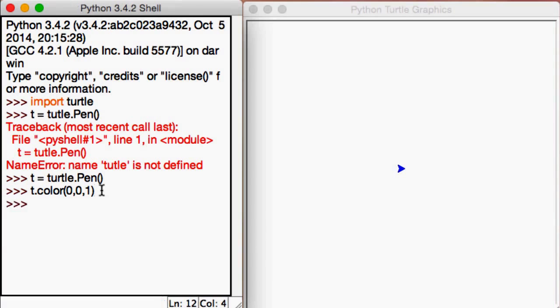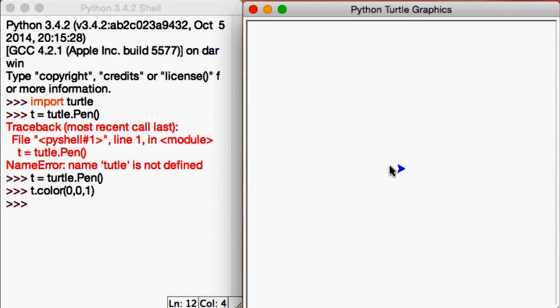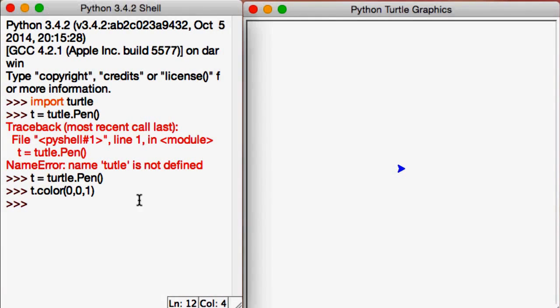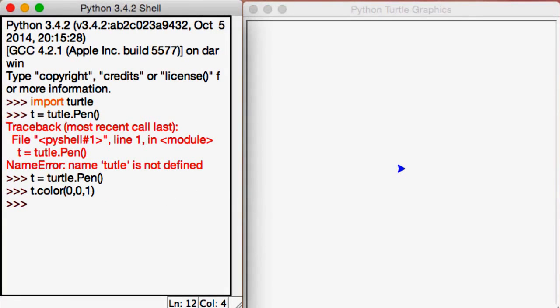So let's specify that we're now creating a blue car, and as soon as we do that, we now see that our arrow has now become blue, okay? So the next thing I want to do is begin fill. So t.begin_fill, begin and underscore fill, okay? And now that we do that, it'll now fill up any object that we create. So thinking of a boxcar, how is that going to work? Well, let's say our base is 150. So t.forward